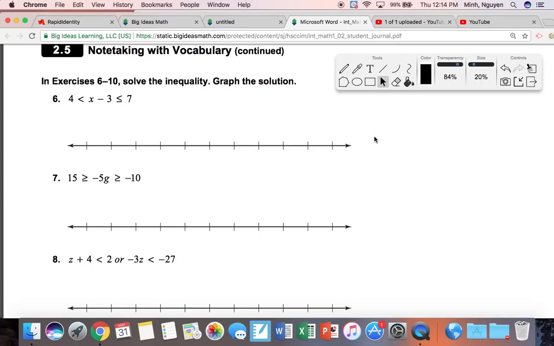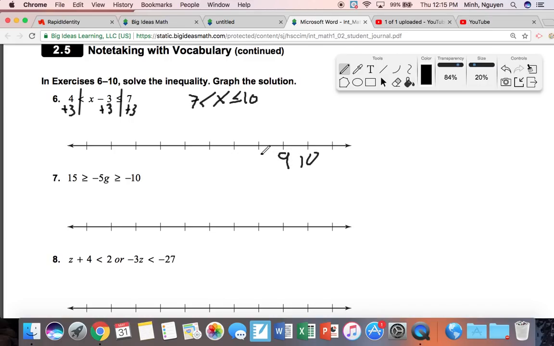Solving inequalities involves, well, now we have 2 inequalities in one. So I said earlier, if you do it on one side, you've got to do it to the other side. Now it's if you do it on one side, you've got to do it to all 3 sides. So to get x by itself, I've got to add this 3, but now I have a left, a middle, and a right. I already did it in the middle, so now I've got to do it on the right and the left. So I have 7 less than x less than or equal to 10,